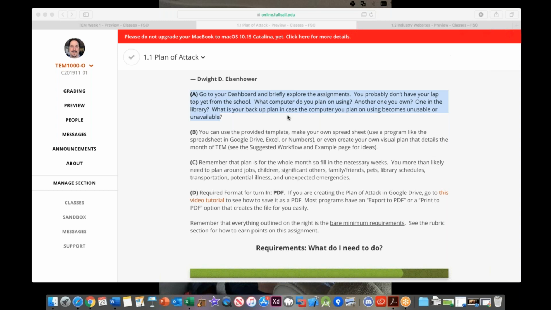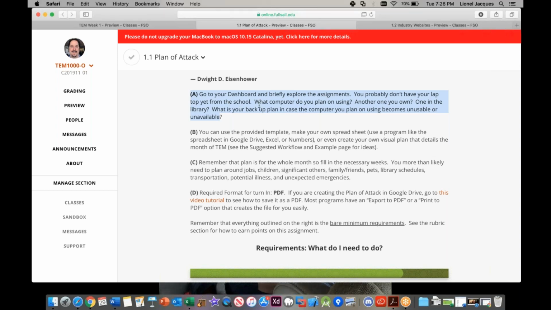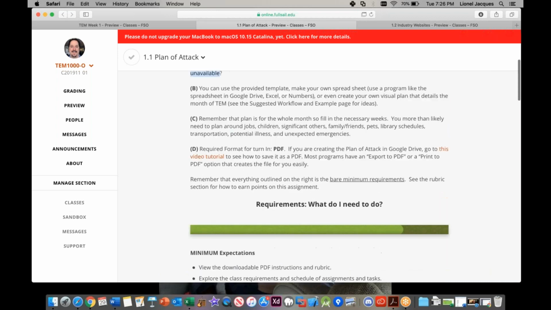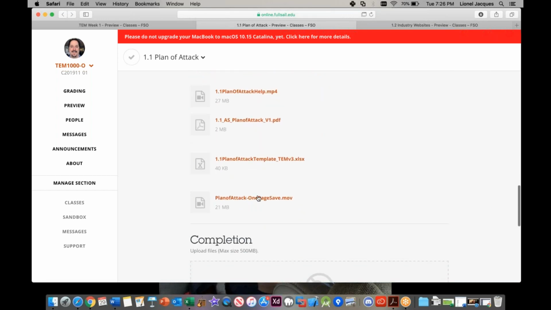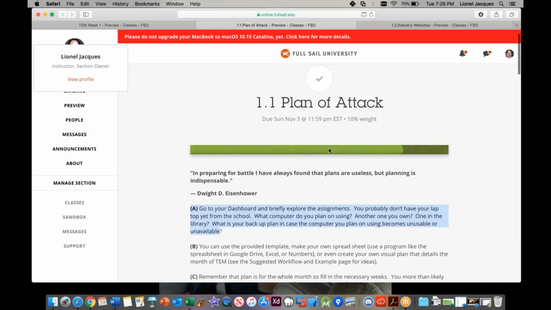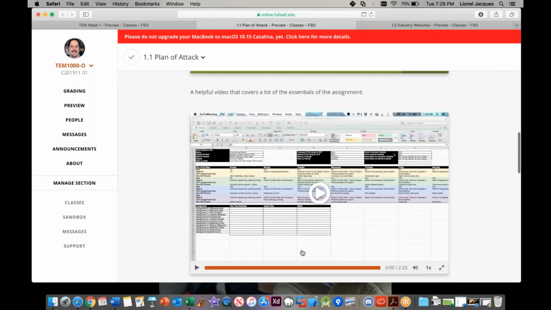But this is what you need to do. For the first one, you're going to walk around through all the different classes, see what's what, and then you're going to come back. Now, down below at the very bottom is a plan of attack template. There's this one here. Right here is our template. There is a one-page save video and a plan of attack help video that should help you if you're on an iPad or other things. And this is roughly what our template looks like after it's been filled in. Now, here's the thing, guys. Honestly,